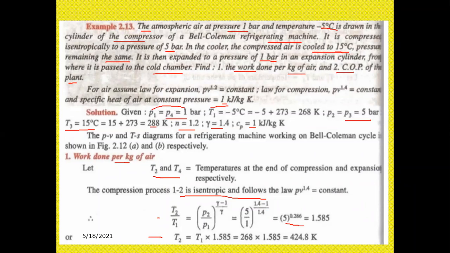Therefore, T2 is equal to T1 into 1.585. That is equal to 268 into 1.585, which is equal to 424.8. Now,